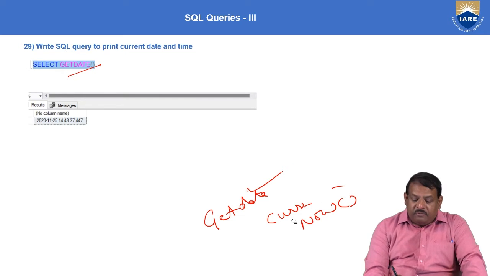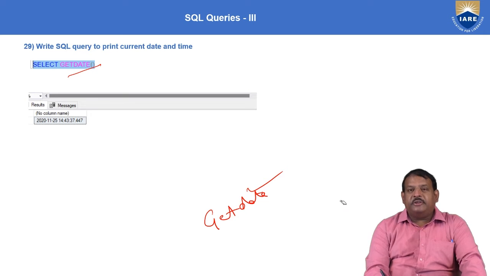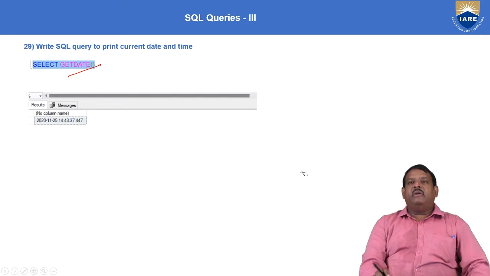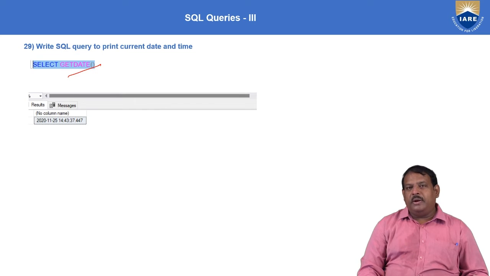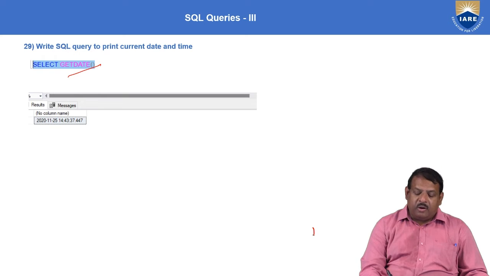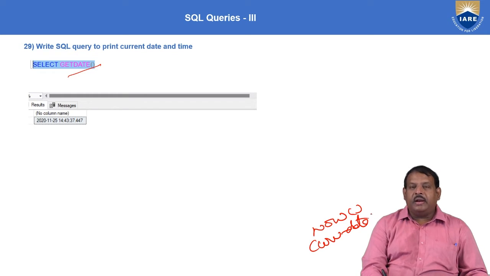Similarly, we will have vendor specific date and time functions. What I mean to say is that Oracle will have its own command to print its date and time, and MySQL, similarly Sybase, etc. For example, there could be a function like now which is going to return you the current date and time. Similarly, we might have the cur_date function to retrieve the current date and time.